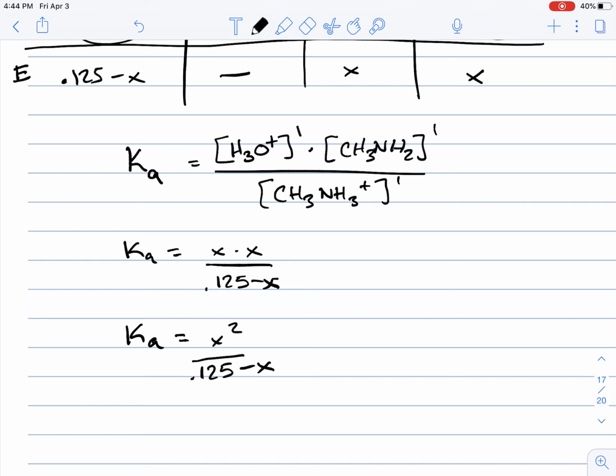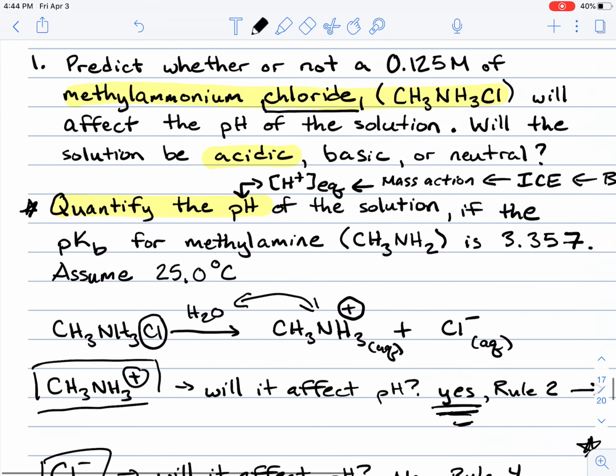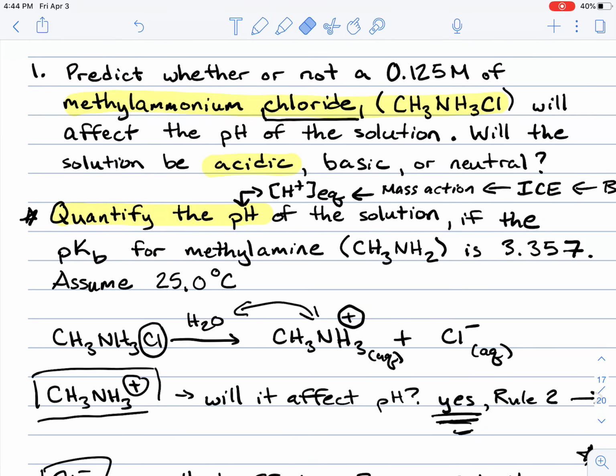So for us to solve this problem, determine what the value of x is, we need to figure out what Ka is. And so let's go ahead and read through the problem one last time. Let's see if they kind of gave us a value. And so here in this case, they told us that the pKb is 3.357. So they didn't tell us what the pKa is, but they told us that the pKb of its conjugate base,